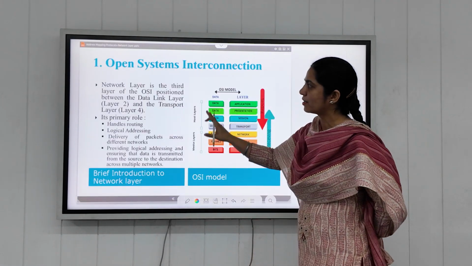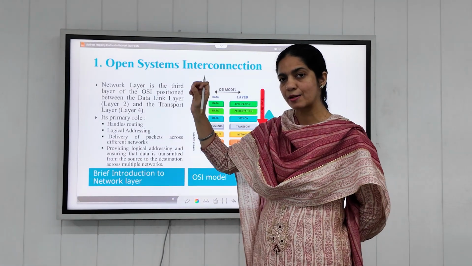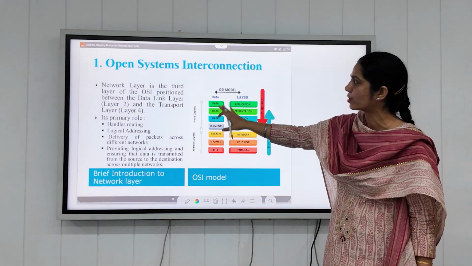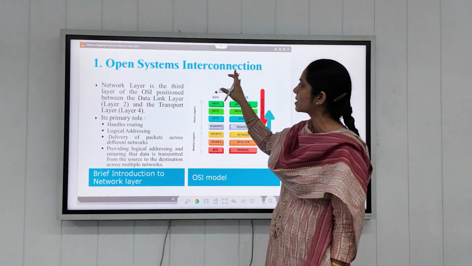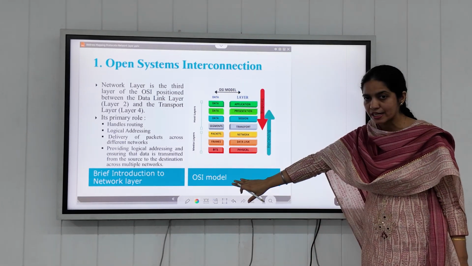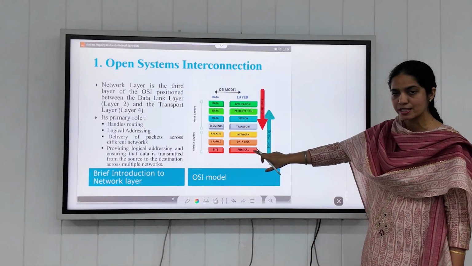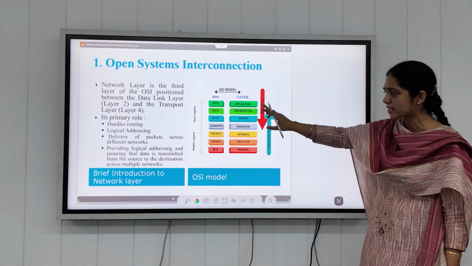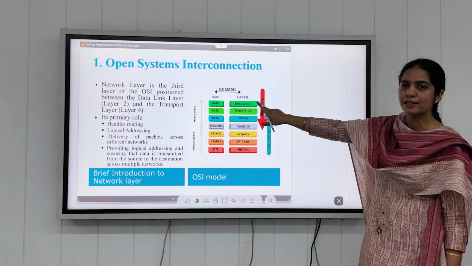Next we are going to cover a brief introduction of the OSI model, as the network layer is at the third level of the OSI model. OSI stands for Open Systems Interconnection, and it has 7 layers. First is the physical layer, data link layer, network layer, transport layer, session layer, presentation layer, and the last is the